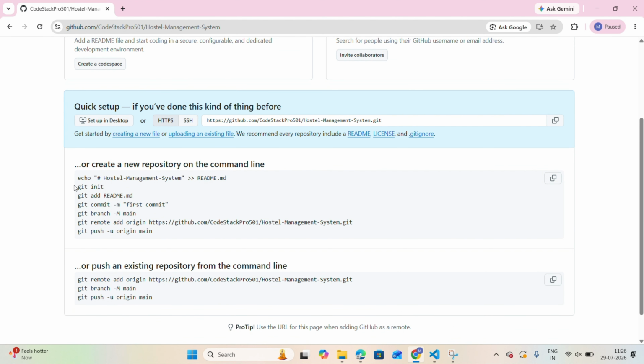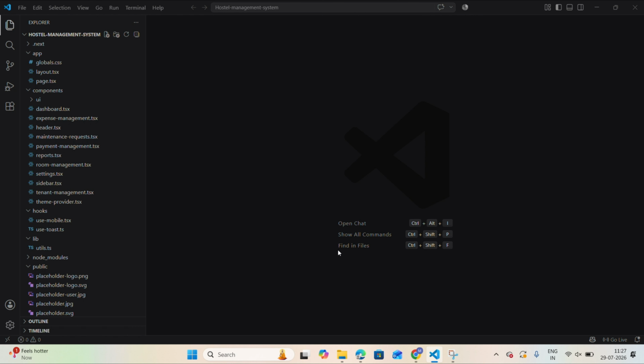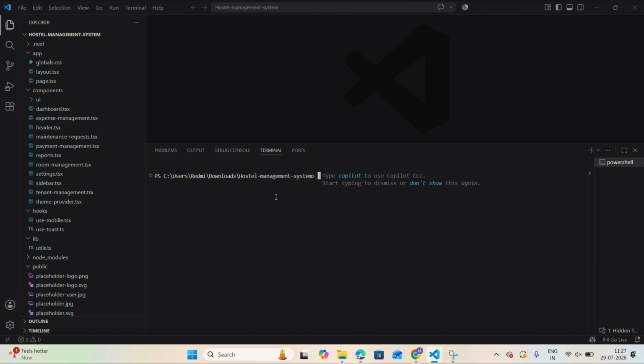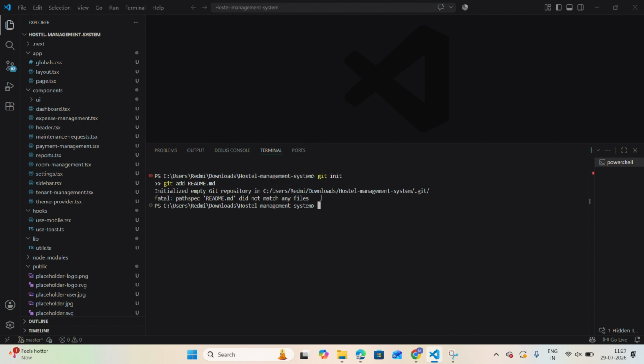Here you can see all the commands: git initialization, git commit, and remote repository. Now let's open your VS Code and terminal. Copy the command and type